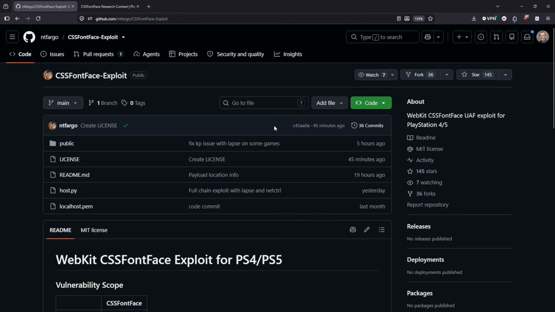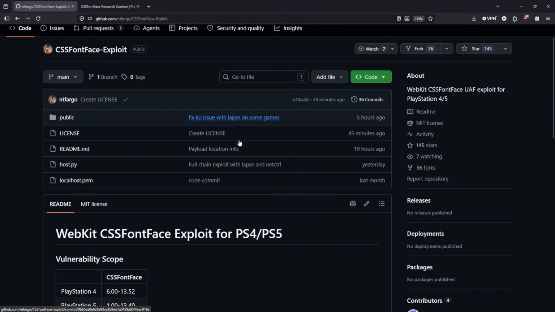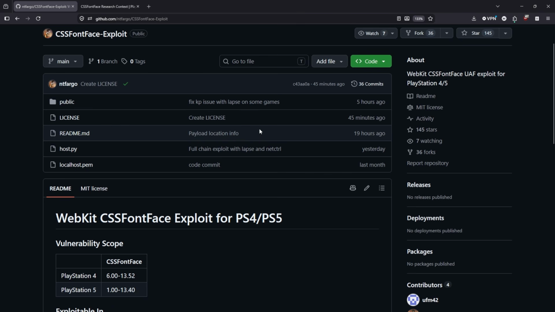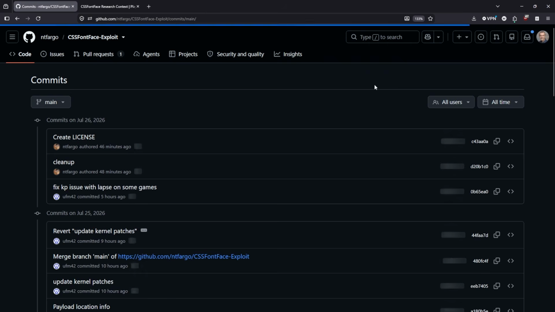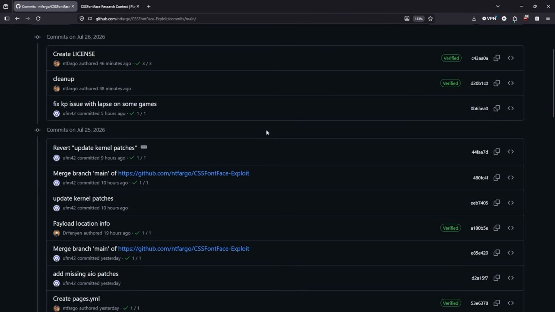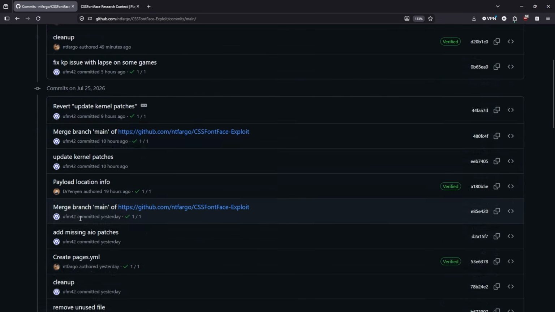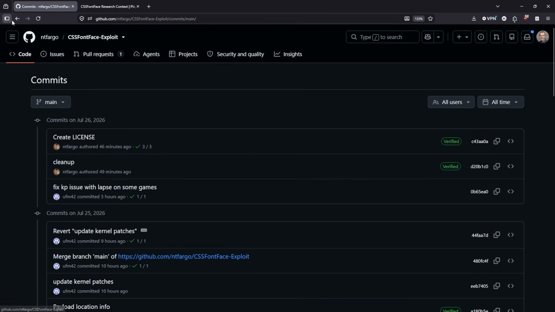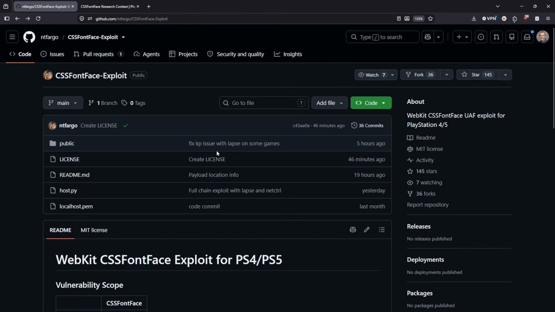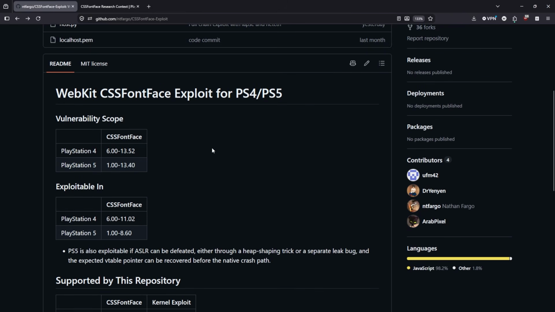There have been a number of different commits. The one that stands out is obviously where they merged main, most of which happened yesterday by UFM42. Now if we head back over to the project here and scroll down just a little bit, what we can see is that it states